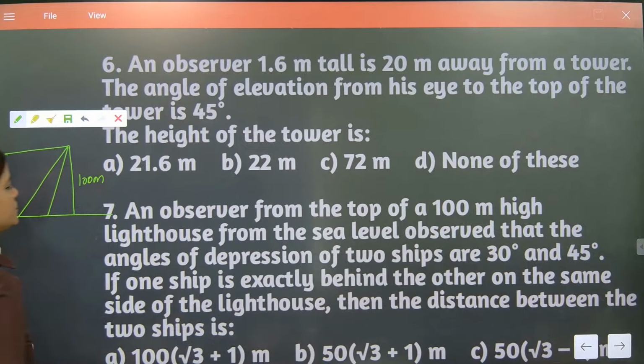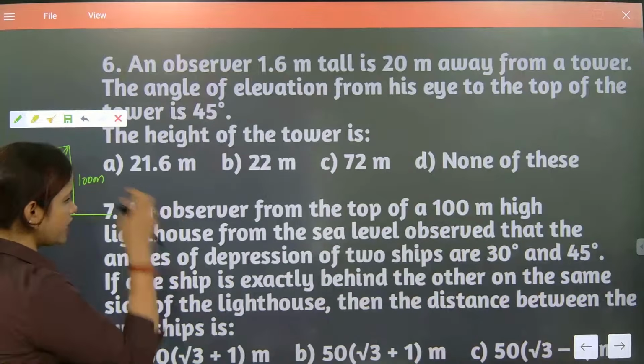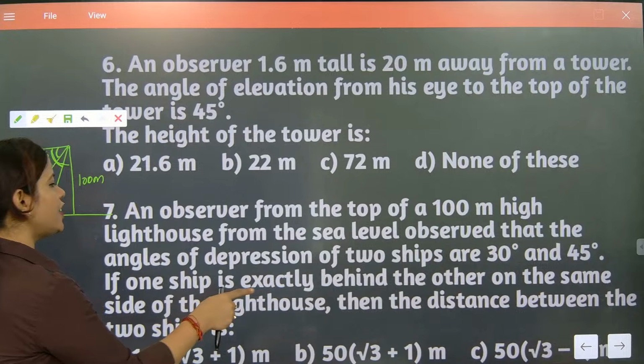From the sea level, observe that the angle of depression of two ships are 30 degree and 45 degree. The one which is farther away will be 30 degree. If you go near, this part will become 45 degree and this one will become 30 degree. So this part is 30 degree and this total will become how much? This much will become 45 degree. Understood? Now after that what they are telling is